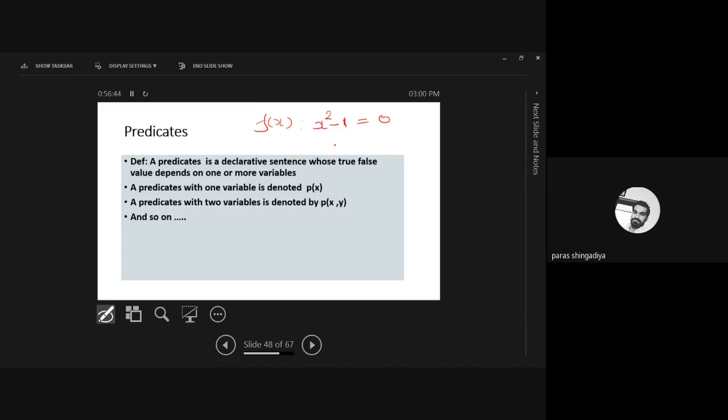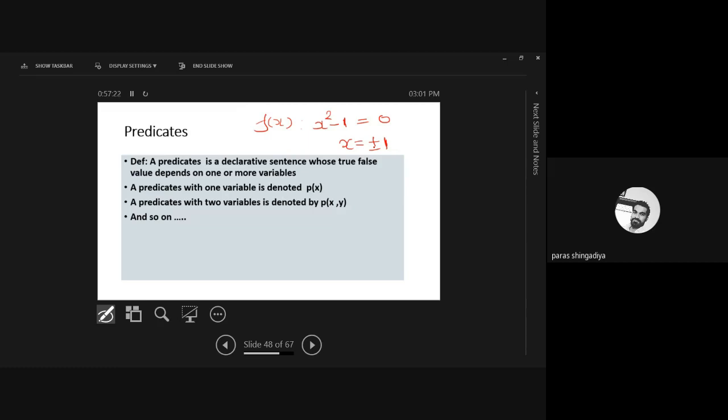For which value of x does the function become 0? If I put x equal to 1 then it becomes 0, and if I put x equal to minus 1 then it also becomes 0. So x equal to plus or minus 1 is the solution of this equation. That is function theory, how to solve any equation. We already know how to solve any equation and how to deal with it. But why do we implement the function theory here? Because it is similar to a function, here we just consider one function and then check its truth table, meaning we check its truth value. Clear?